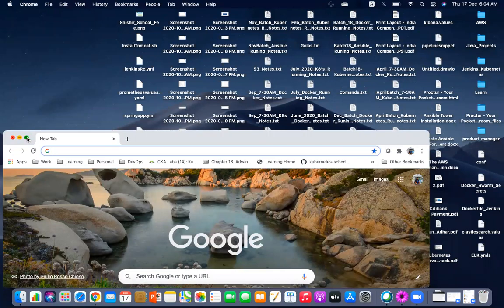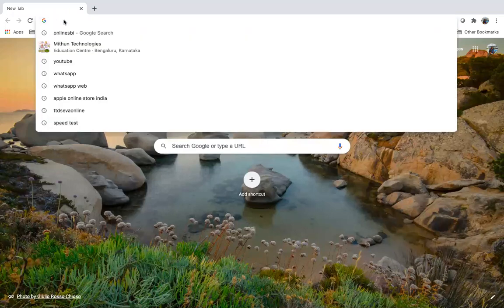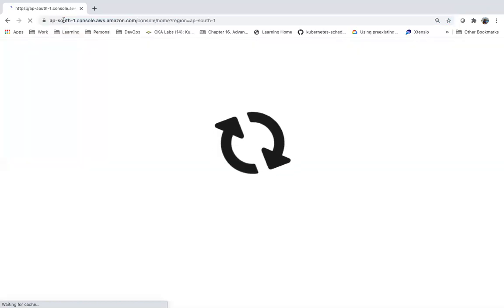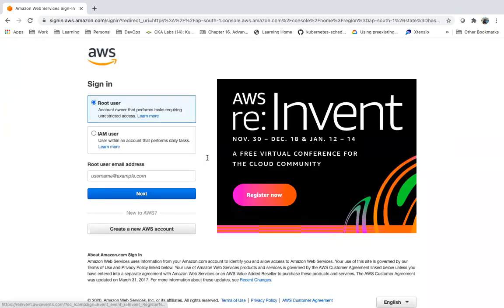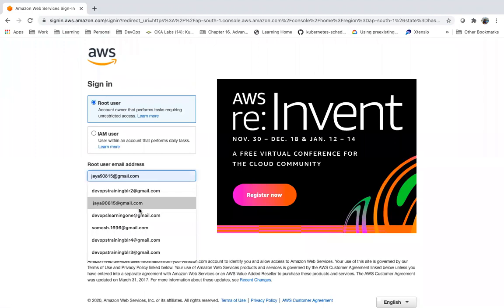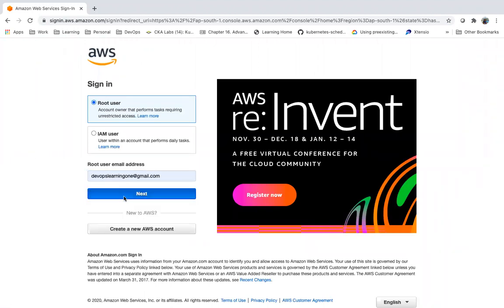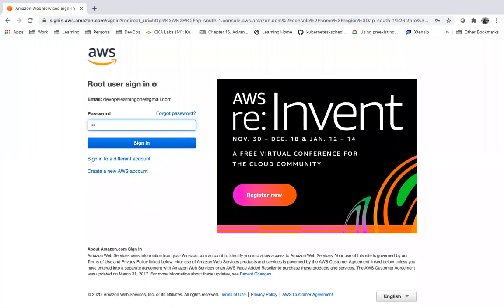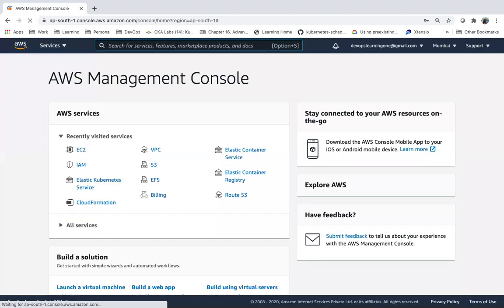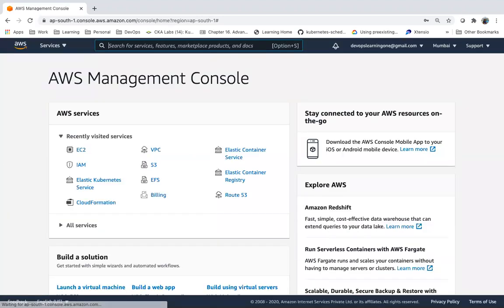We can access anywhere this data which we upload to S3. We have created an S3 bucket yesterday. Now we'll try to understand a few concepts in S3.